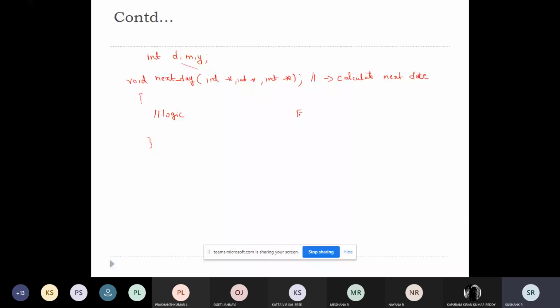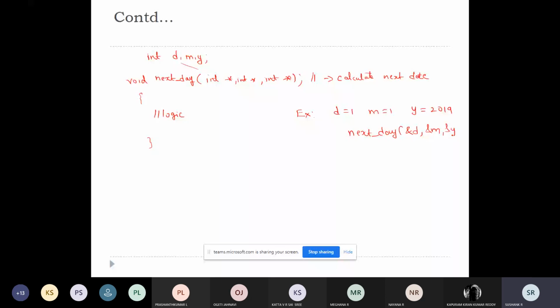If D is 1, month is 1, and year is 2019. So date is 1, month is 1, year is 2019. If I call this next day function and pass day, month, and year, what will be the output?